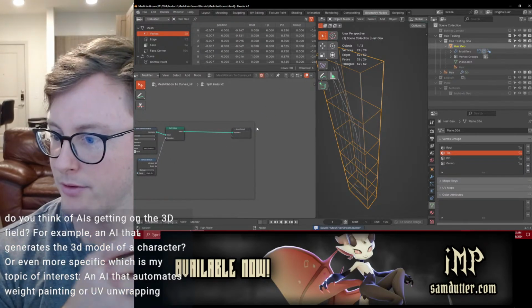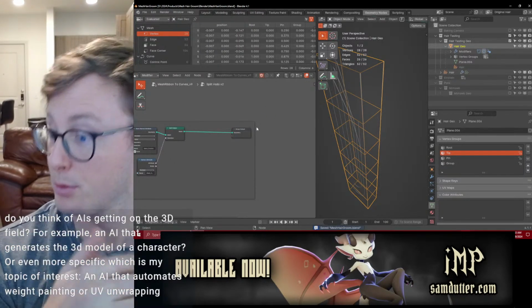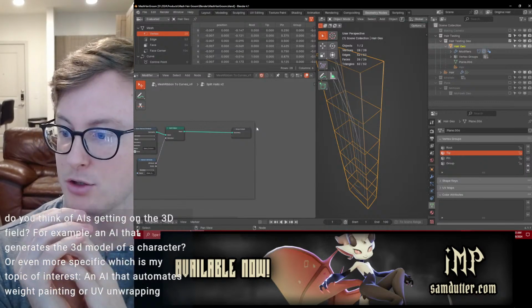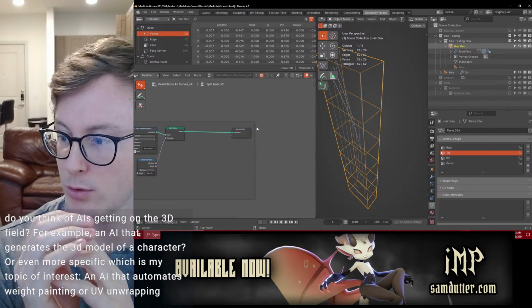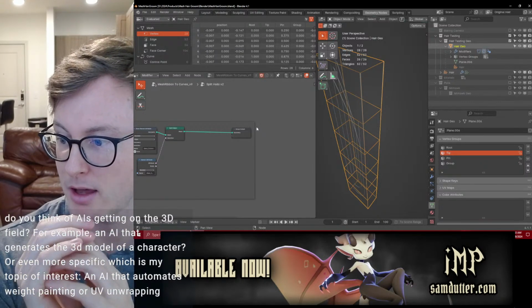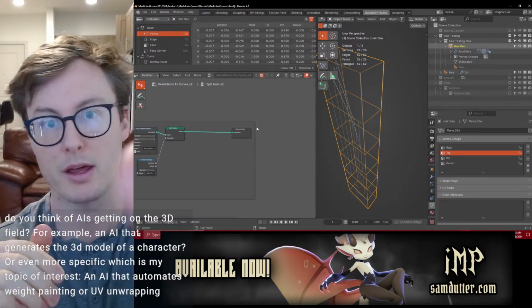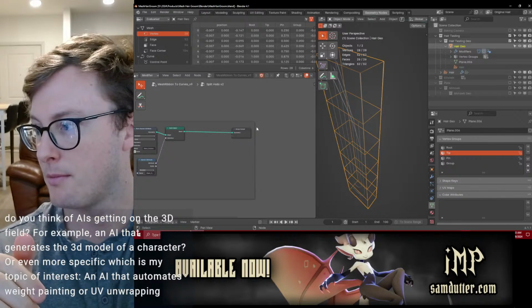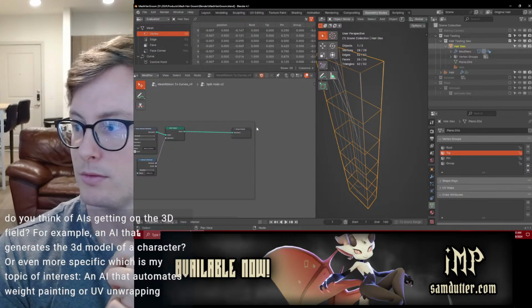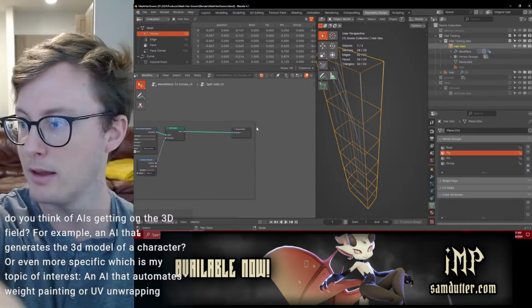Question, Sam, what do you think of AIs getting on the 3D field? For example, an AI that generates a 3D model of a character, or even more specific with my topic interest, AI that automates weight paint or UV unwrapping. I certainly have no problem with a tool. I don't have a problem with tools. It's the